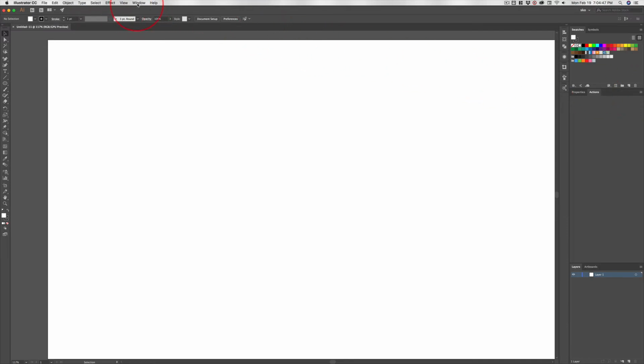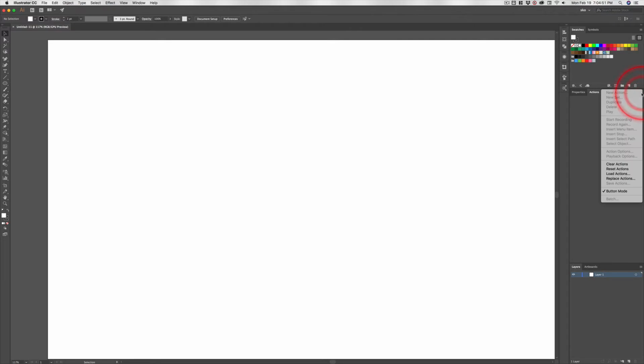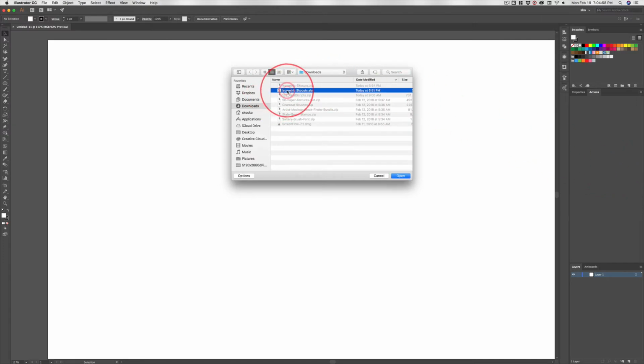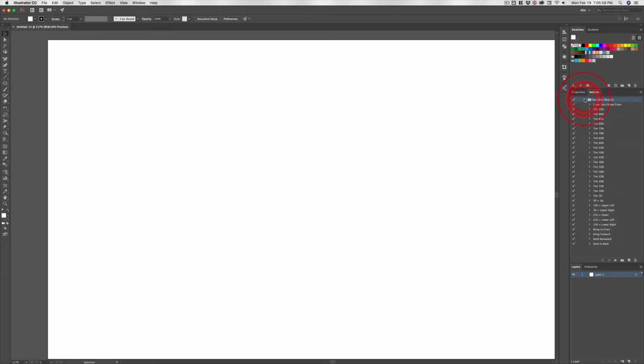Actions, window, actions, you guys know that. Click in the hamburger menu and load actions. Then in your documents folder, you should have the isometric scope cuts. Take those, and I'm in button mode right now. If you're not in button mode, that's what it looks like. You twirl it open, but I want you to get into button mode right here,